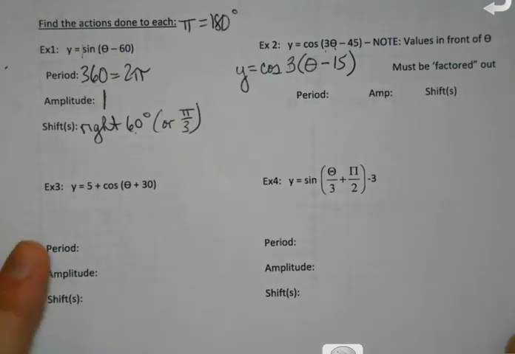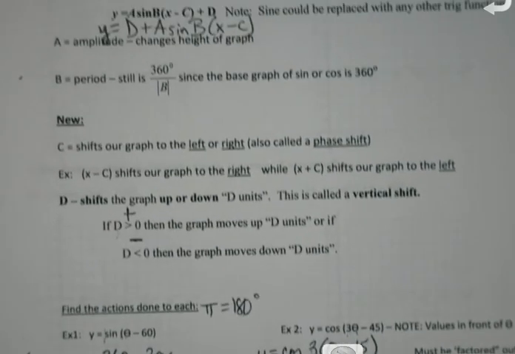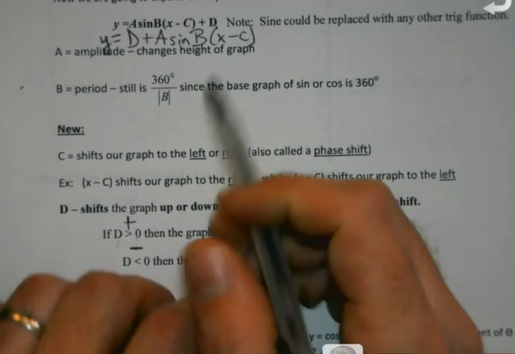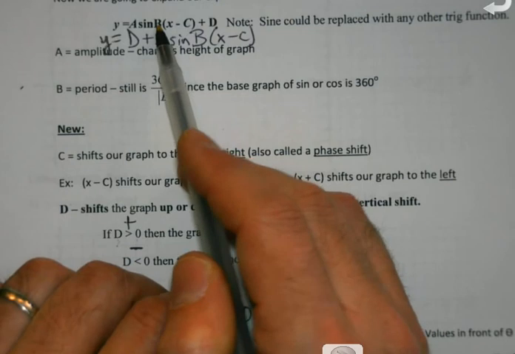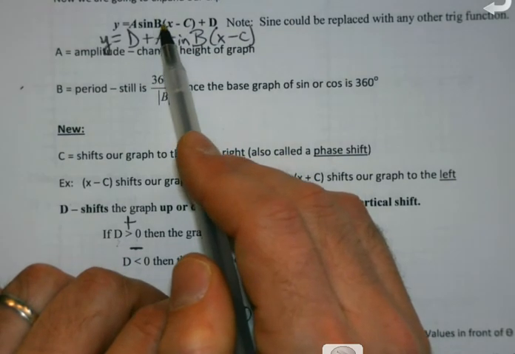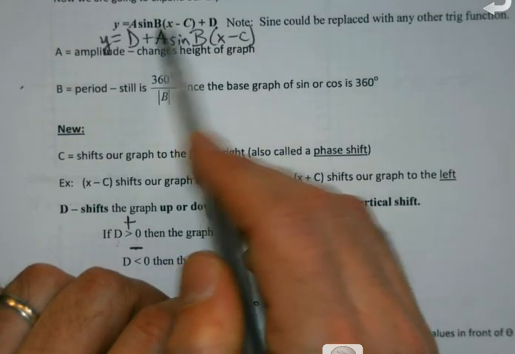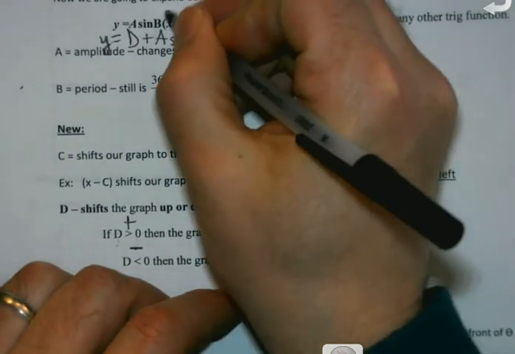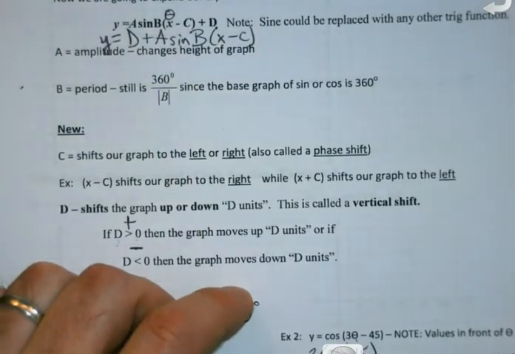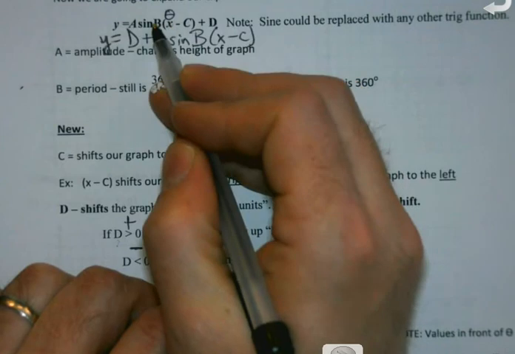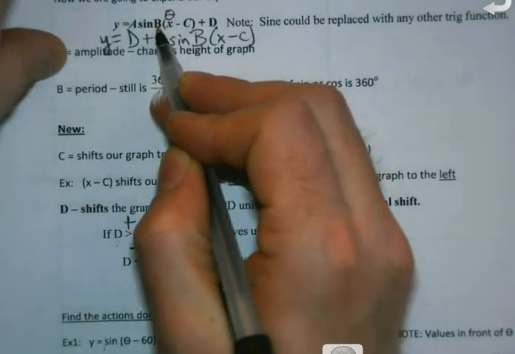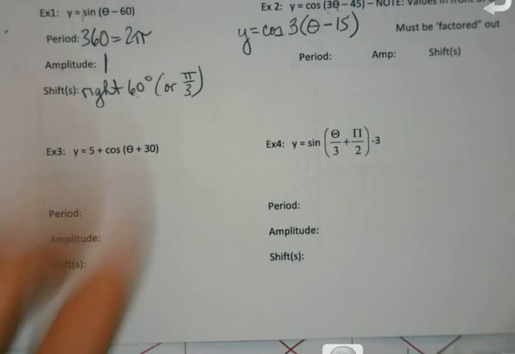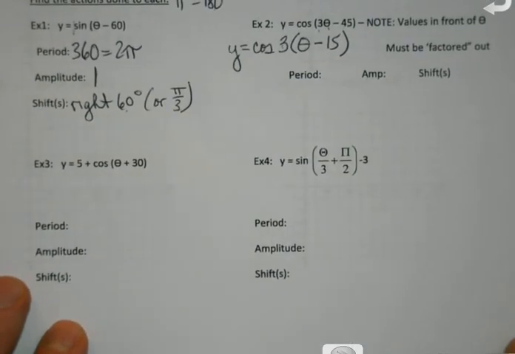You'll notice now, different from last section, that my b, my number that changes the period, is now outside the parentheses. So if there's a number with this, and like I said, that x could also be theta, we're going to pull it out so it's in this form, and that'll be the number that I'm dividing into my period. So when I come back down to example 2,